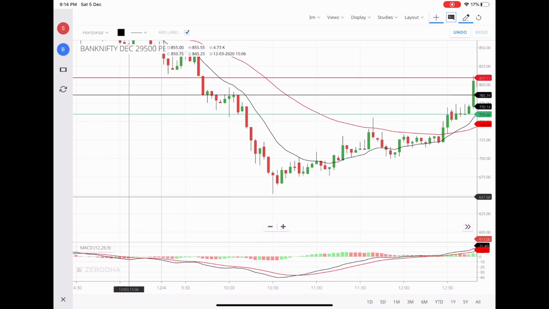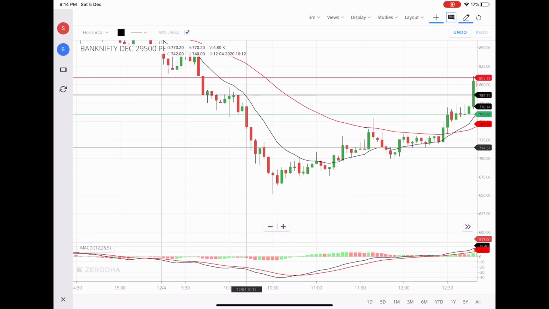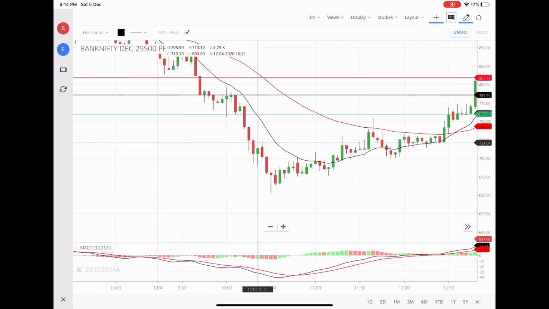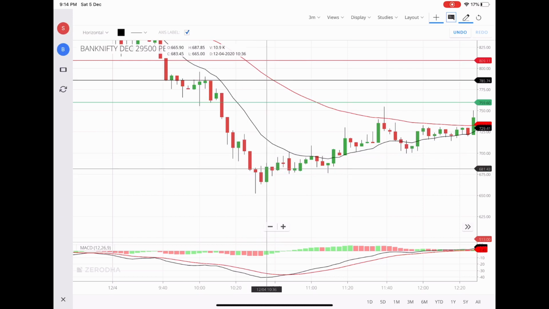Let's look for another opportunity on the same day. If you look at this pair of candles, there is a hesitation in the second candle, which means there is a hesitation in the downward movement. So we can avoid this pair and this pair also. Now if you look at this pair of candles, there is a clear indication of downward movement. The wick of the second candle is very small, almost negligible, so we can take the trade over here.